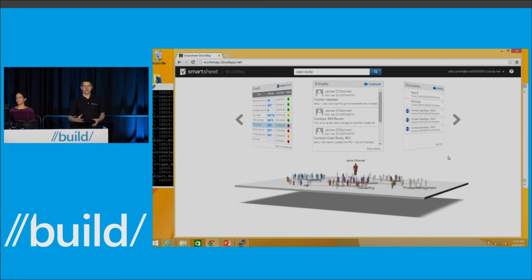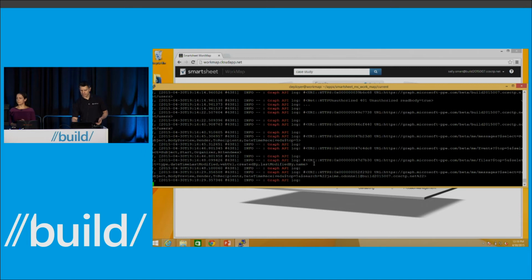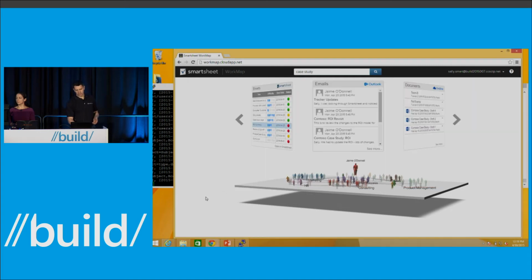And the WorkMap is context aware, so I can instantly filter my inbox based on emails that came from Jamie. So the way we do it is by making a call to the Graph endpoint messages and scoping it to Jamie's address and grabbing a bunch of email metadata, just keeping the presentation light, but enough for it to be actionable. So indeed, I see there is an email from Jamie relevant to that conversation,